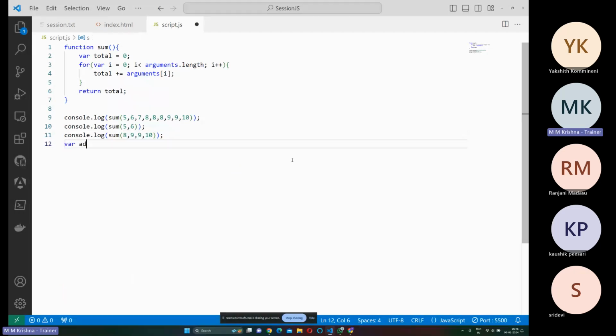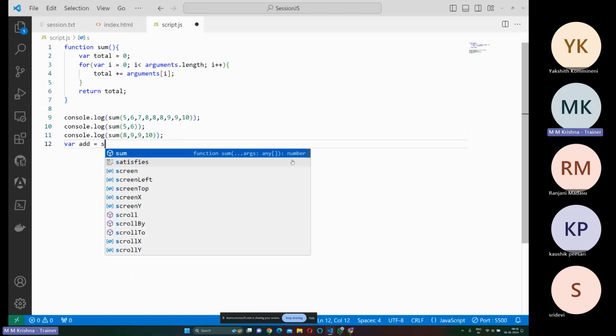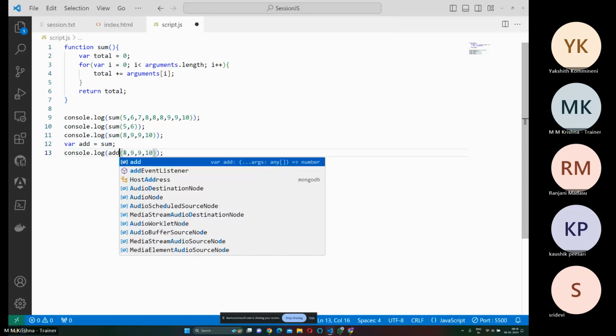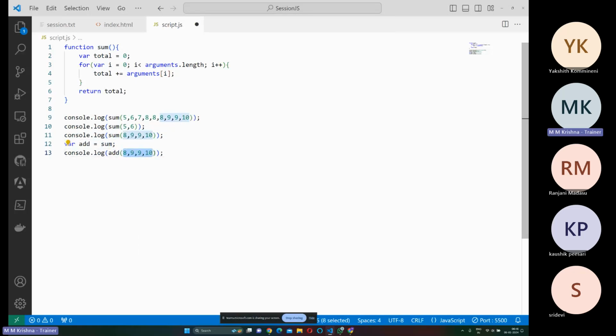What I'm doing is var add equals sum. So for the next time, if I'm using it, you can use it with both the names, whatever it will be. So what I do is like,